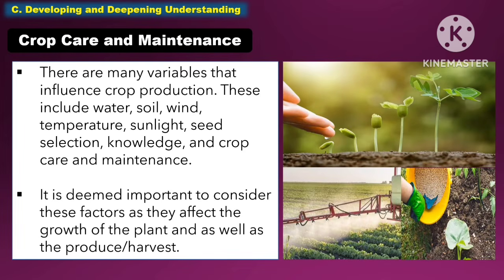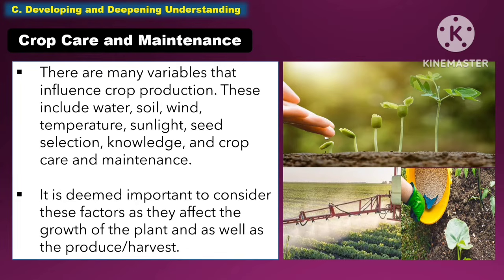There are many variables that influence the crop production. These include the water, soil, wind, temperature, sunlight, seed selection, knowledge, and crop care and maintenance. It is deemed important to consider these factors as they affect the growth of the plant as well as the